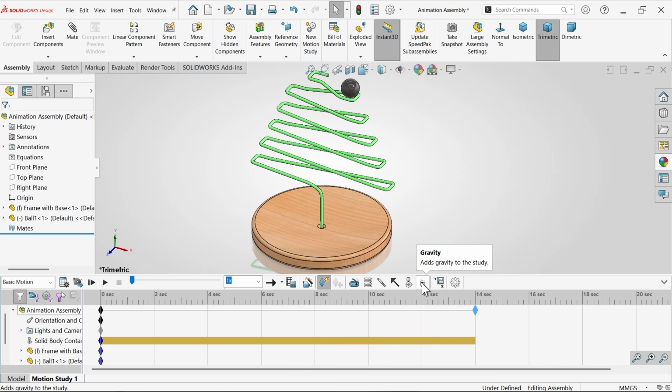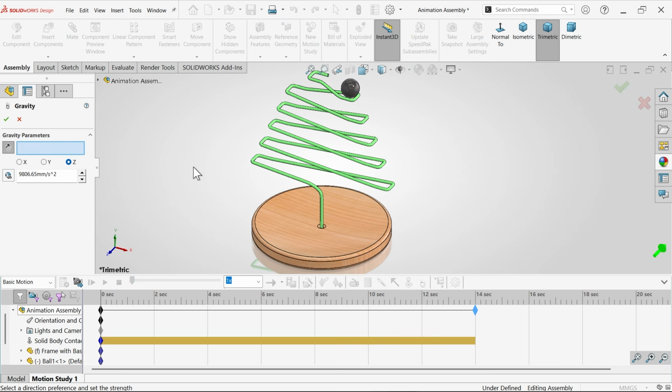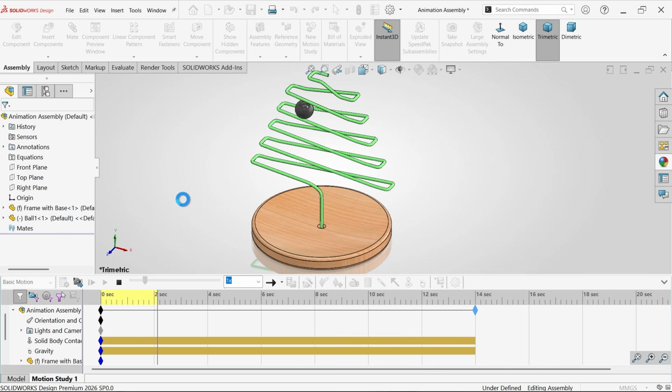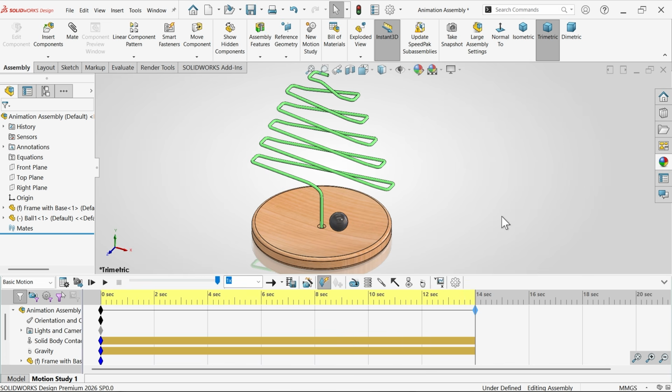The second one is gravity. Gravity always goes downward. See here, y direction. See this arrow, y direction. Select y direction, and already reverse means downward side. This is the value of gravity given. Okay. Now we done, I think. Now simply you have to apply, calculate. See how ball moving downward. See, this is how we did a simple animation tutorial with the help of